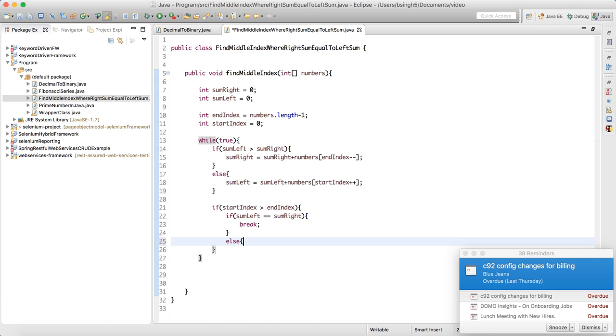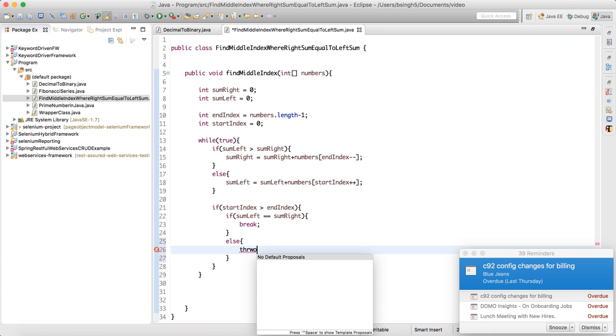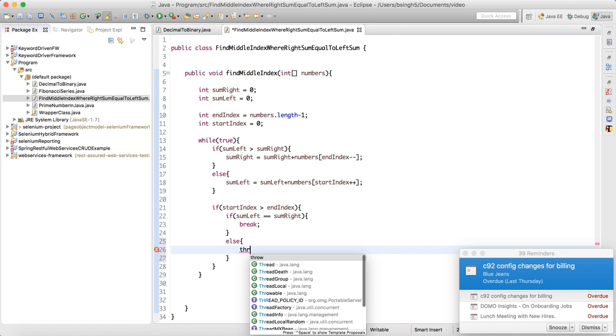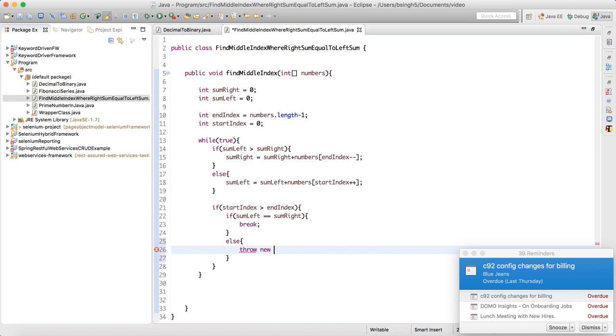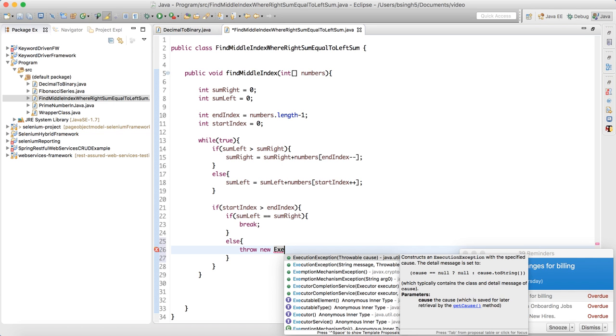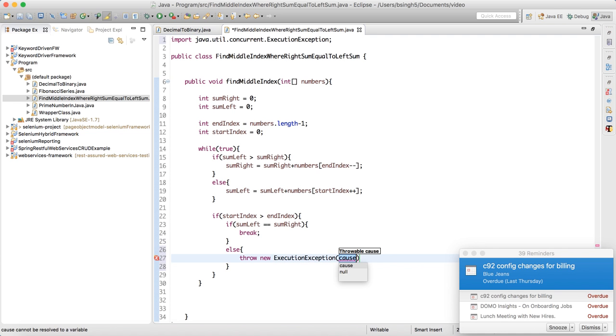else I can throw one exception here. I'll make one video on exception and there I'll explain you how this works. I can throw here saying that please enter valid array. Okay, now